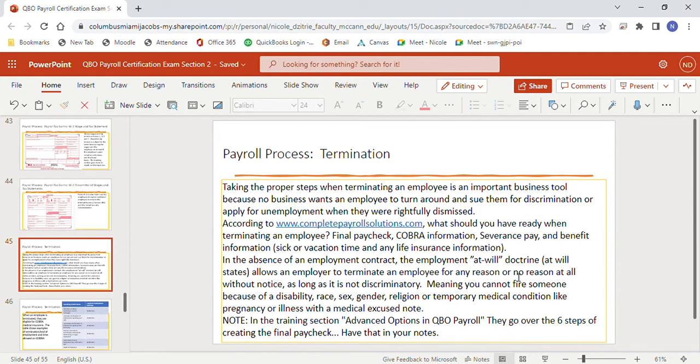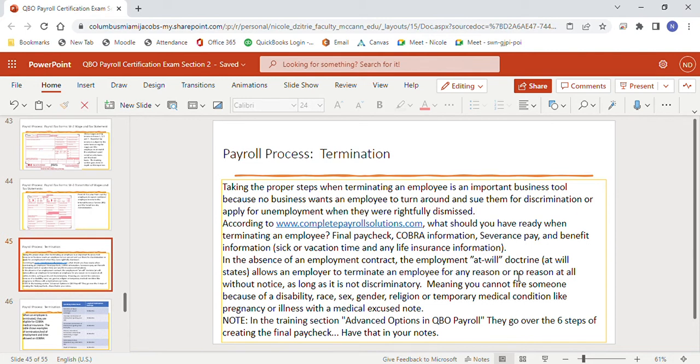Meaning, you cannot fire someone for having a disability if you hired them and you knew they had a disability, or for race, sex, gender, religion, or a temporary medical condition like a pregnancy or an illness with a medical excuse. You can't fire them for any of those, but you can fire them for being late or being rude to customers or anything that falls under